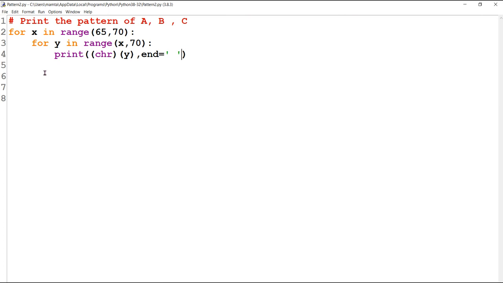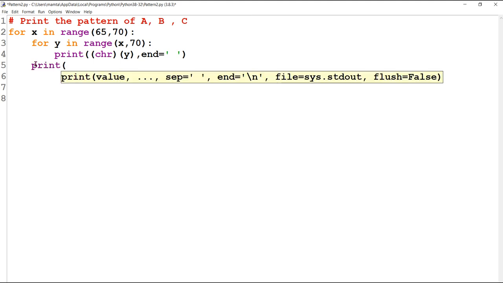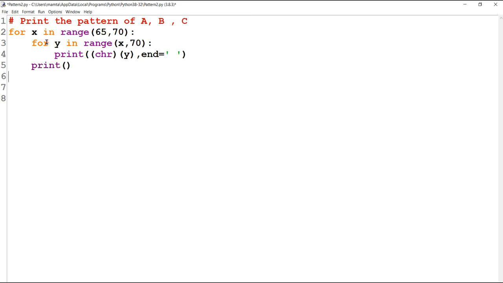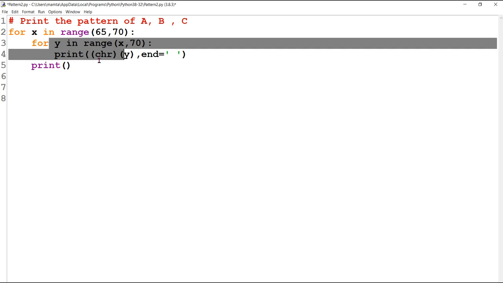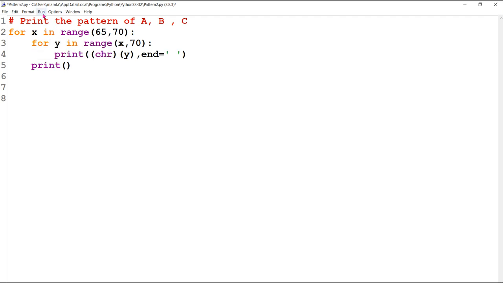And if you're not giving end, it will come in the next line. So after every row, we have to print a blank line. So every row means Y is doing the job of the number of columns. Y is printing the number of columns in a particular row.